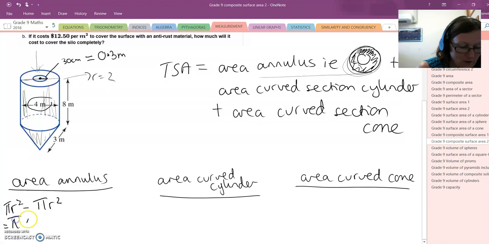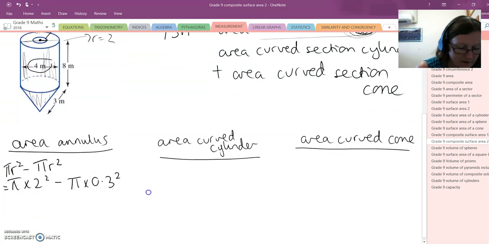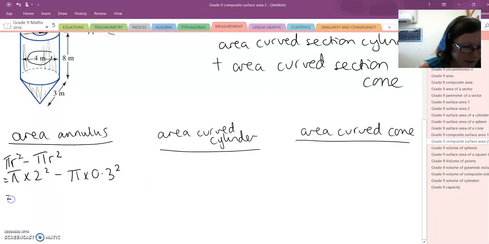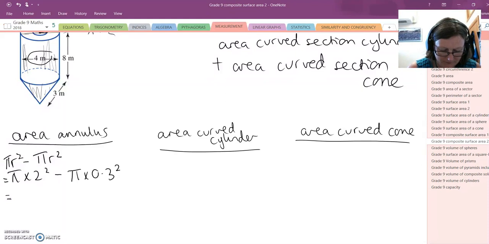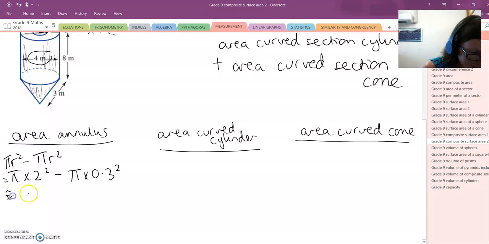So pi times 2 squared, and I subtract the smaller circle, which is pi times 0.3 squared. That will give me the area of my annulus. So I'll put that into my calculator. And that gives me an area, if I'm rounding off to 2 decimal places, of 12.28